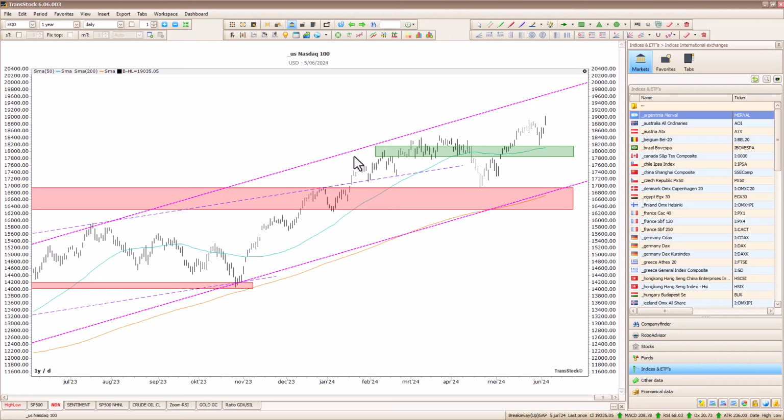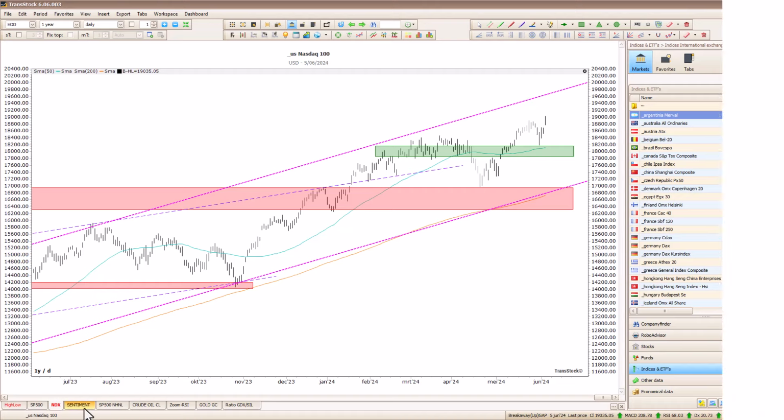So like the S&P 500, if the chart stays above the pivot, it's fine. You'll get a warning if the price falls below that red pivot, because it means not only the pivot is broken, but also the channel. So the area around the 16,500 is very important for the Nasdaq.